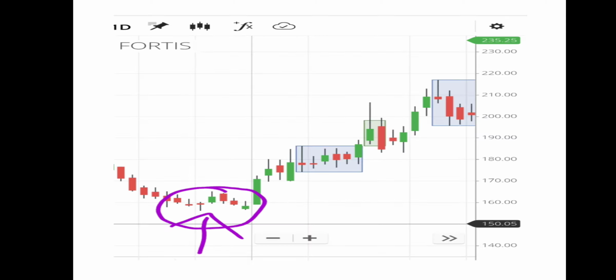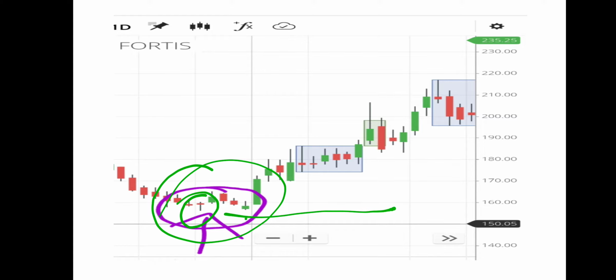You can see the latest chart of 40s. There is a hammer formed while the stock was trading at 160, and it moved to around 220 within a few days. Then you can see how it works.